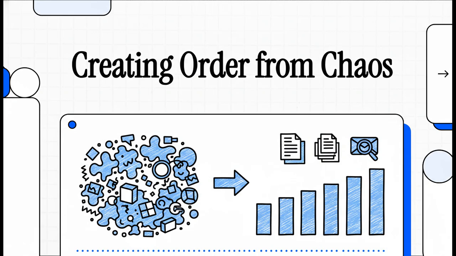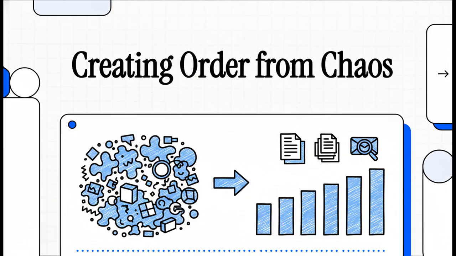Have you ever wondered how your computer can find one specific email out of thousands in a split second? Or how a giant spreadsheet gets sorted with just a click? Well, it all boils down to one single fundamental idea: sorting. So let's dive in and see exactly how computers take that messy, chaotic data and turn it into something organized